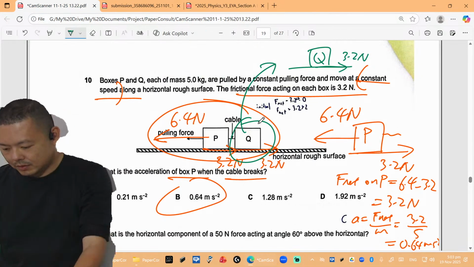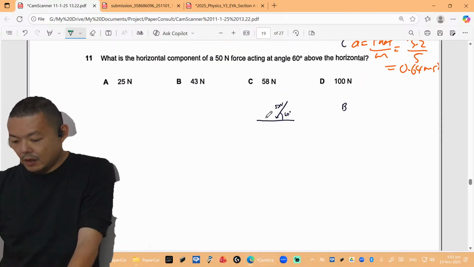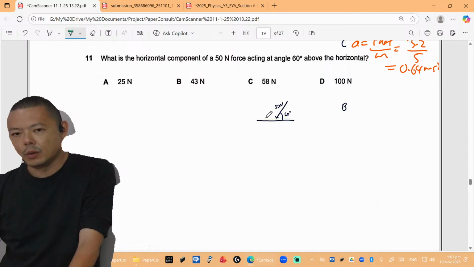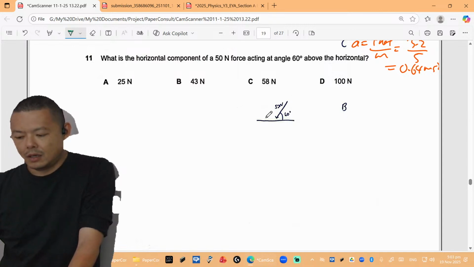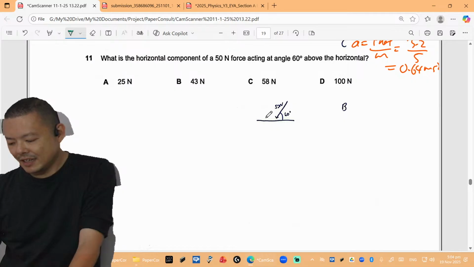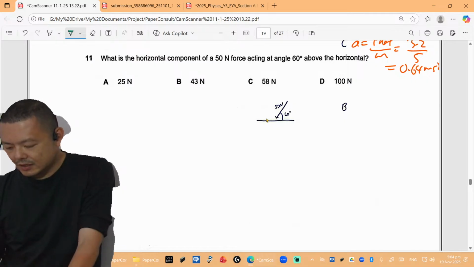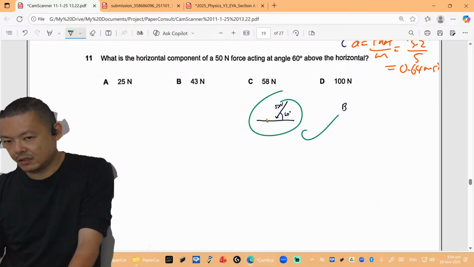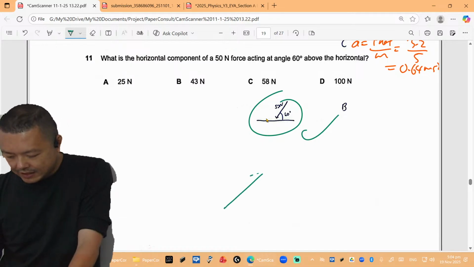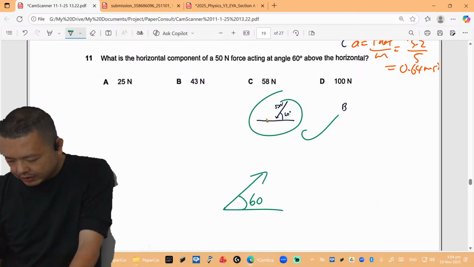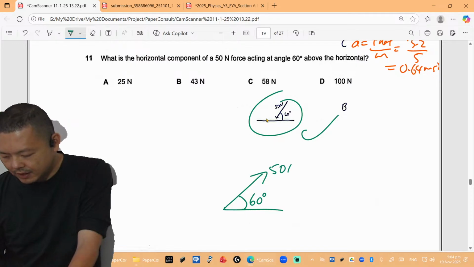Next one, come. Question 11. What's the horizontal component of a 50 Newton force? Okay, no, like this is correct. But the thing is that the force is acting at 60 degrees to the horizontal, right? It's 50 newtons. They want the